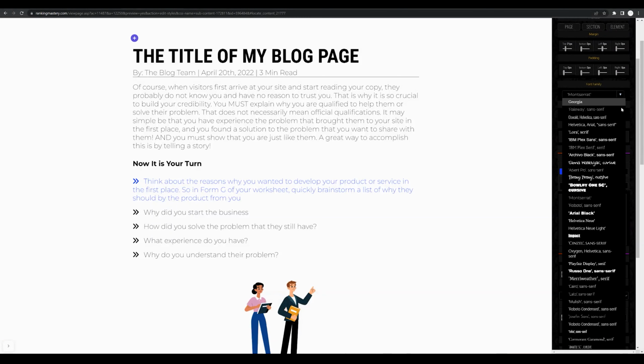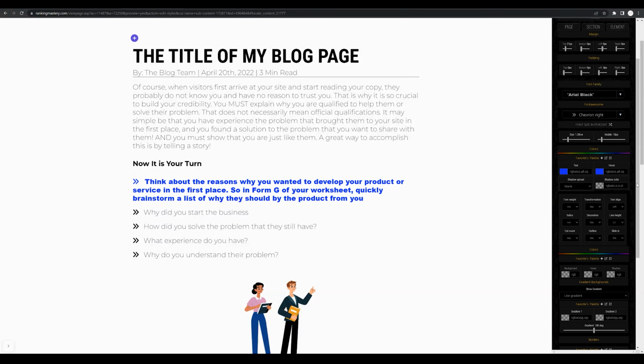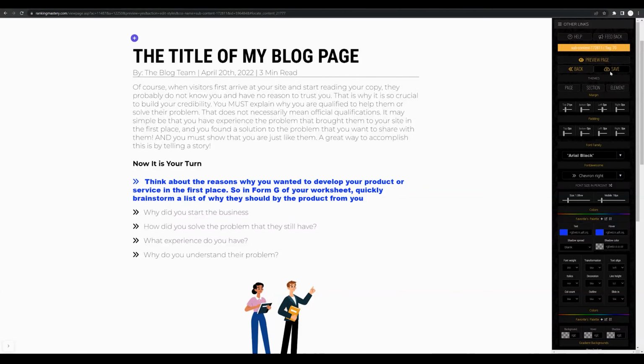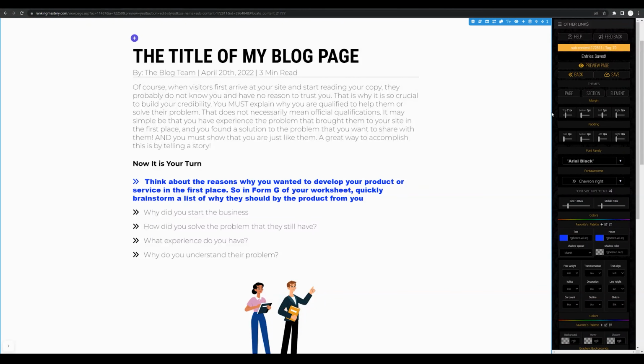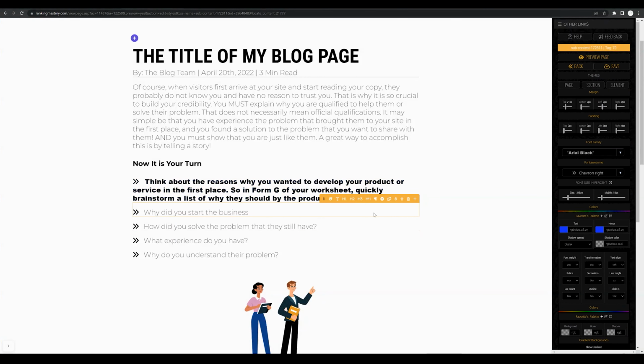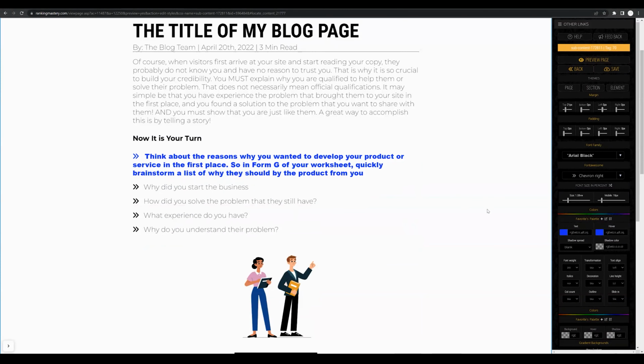Let's also change the font so it's a little bit noticeable. Let's change it to Arial Black. And it's important that we click save, all right? Or else when we copy this text over, it's not gonna copy. So as you can see, we have stylized this text. So it's blue, it's a different font, it's slightly larger,